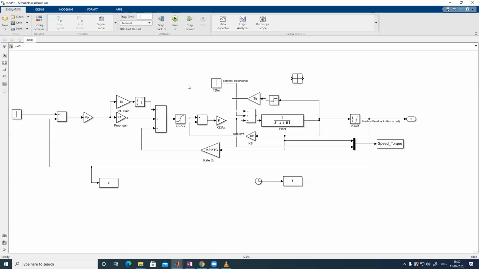So the first one is step response, the second one is disturbance response. For step response, the standard disturbance is 0, and here you have to give the T time limit as 100%. For the disturbance response, the second part, only this you have to give, and make this one 0. And you need not submit this report by next week. After completing the C part and D part, you can submit one report.